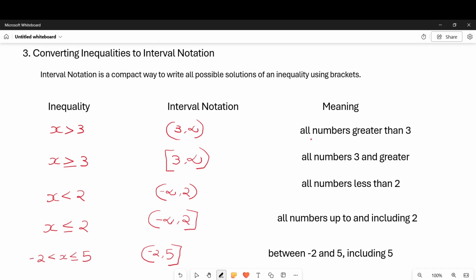So all the numbers greater than 3, where 3 is not included. That's why we use an open bracket here. Okay, so then